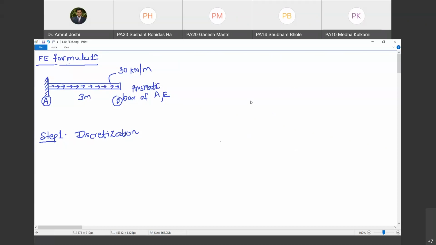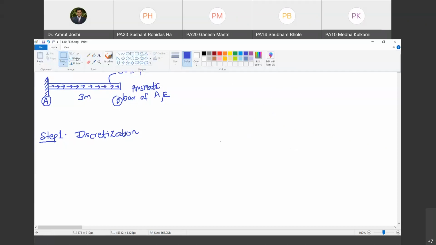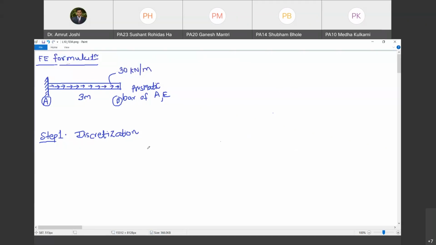Now, what do we want to do with this? We want to find out stresses and strains everywhere in the cross section. We want to know its deformations, deformed shape, everything. If that is the case, the first step that we are going to do is discretization. If you look at this bar, you have an infinite number of points on this bar, and at each point, the x directional deformation. Let me now define the coordinate system. Let me call this x.